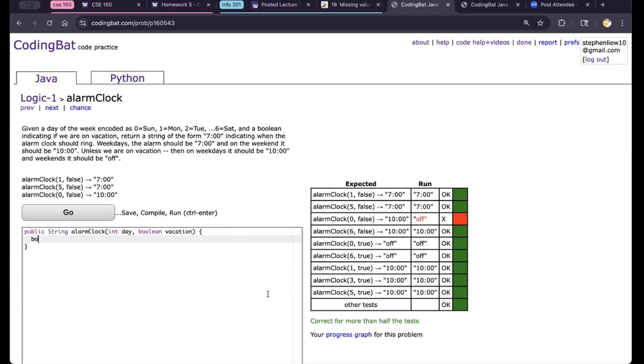So first thing, let's actually create something called a Boolean. Let's call it weekday, equal to day greater than or equal to 1, and day less than or equal to 5. Within this range, it's a weekday. So if vacation,